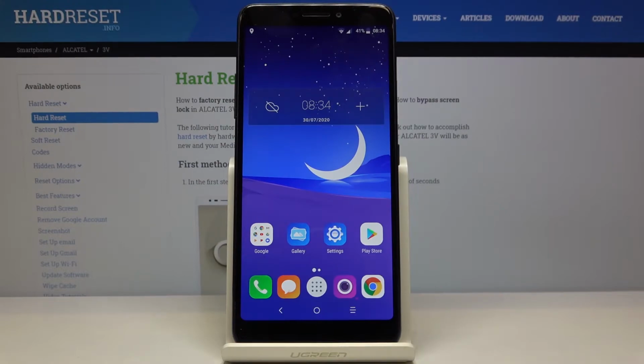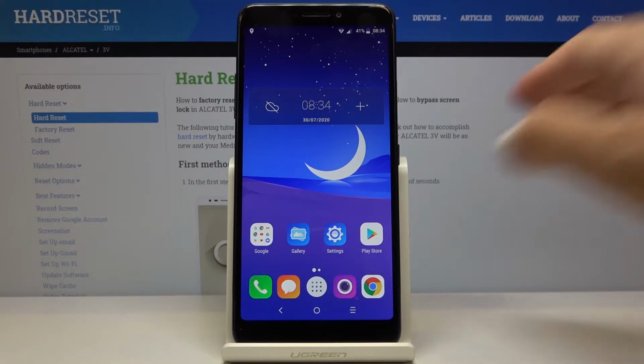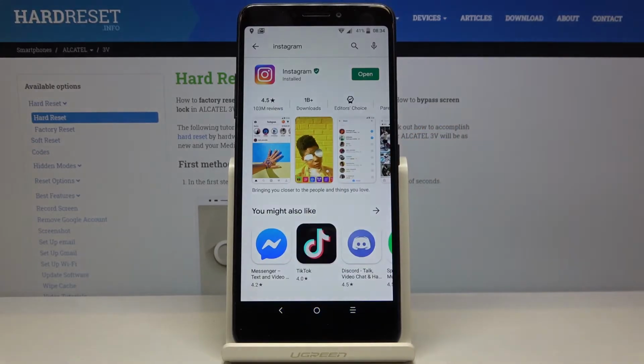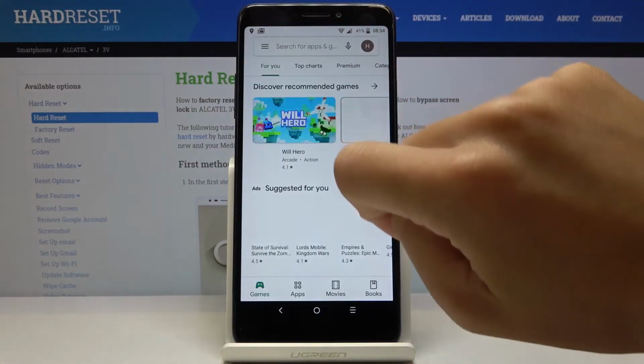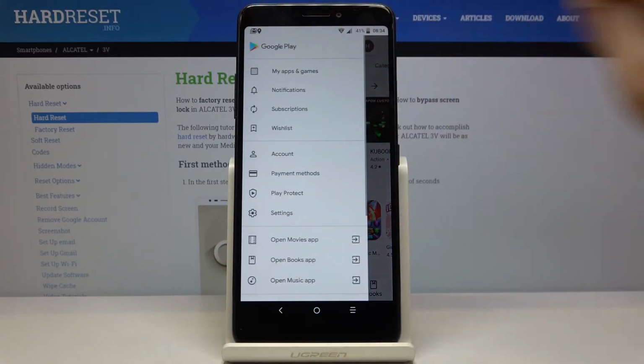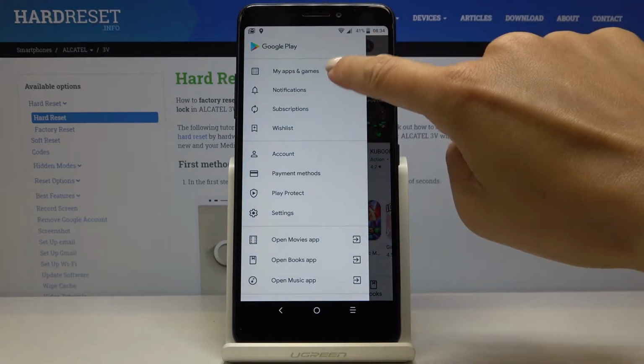In front of me is ALCATEL Freebie, and let me show you how to update applications on the following device. So first of all, just open your Play Store, then tap on the More icon, which is 3 horizontal lines in the left upper corner, and go to My Apps and